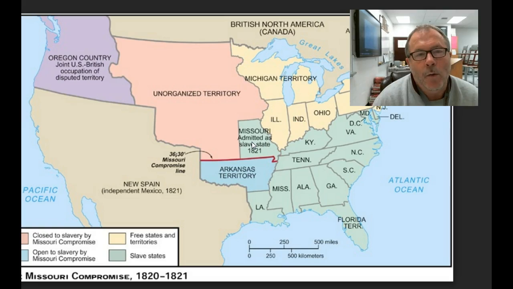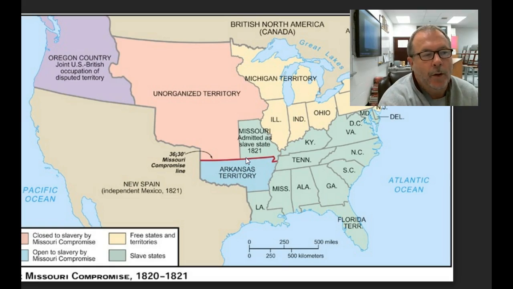Since there were an equal number of free and slave states in the Senate, and the fact that the North, the free states, had more population and therefore dominated the House, this admittance of Missouri became very important as far as ensuring that the South could keep a balance of slave and free states in the Senate. As part of the Missouri Compromise, shown here on the map, what happened was Congressman Henry Clay, the Whig